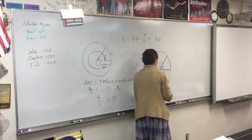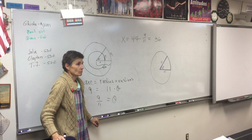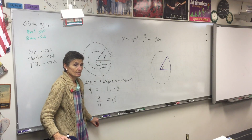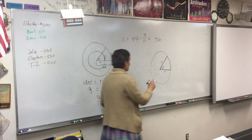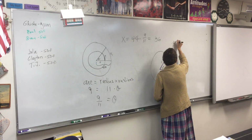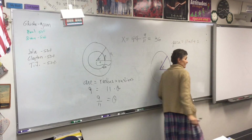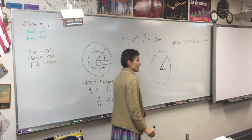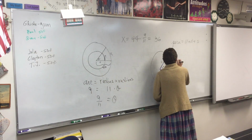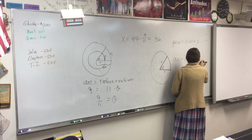I think we're about done. What do we need? The only thing we need is the arc length. Won't the perimeter be 11 plus 11 plus the arc length? Yeah. Now, arc length is radius times